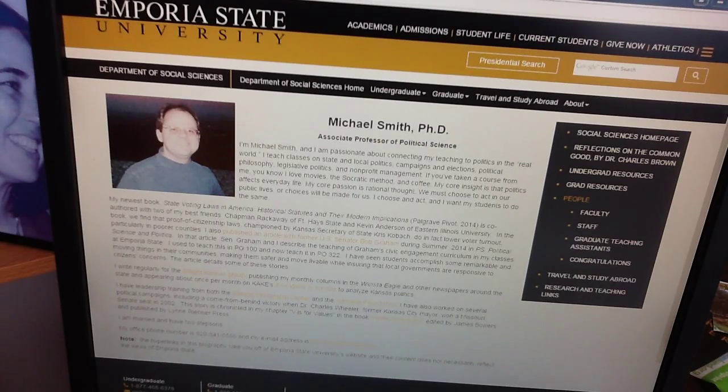journalist Peter Hancock of the Lawrence Journal-World, my colleague Chapman Rackaway of Fort Hays State University, and our colleague Kevin Anderson of Eastern Illinois University, with some suspense voter data. Suspense voters, of course, as you know, are the voters whose registration is not complete because they did not provide proof of citizenship as required by the SAFE Act, which Secretary of State Kobach championed through the state legislature.